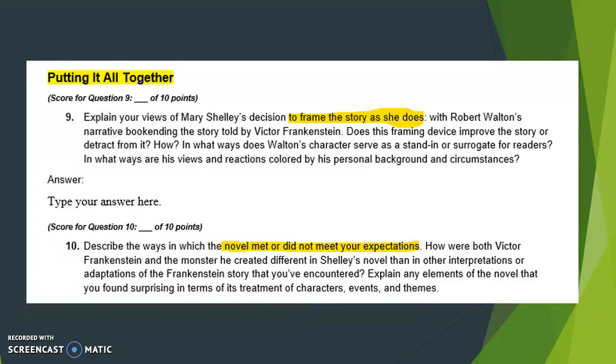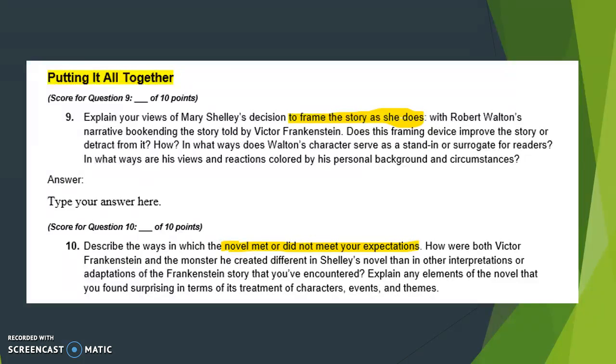So, number 9, explain your views of Mary Shelley's decision to frame the story as she does. That's a fancy way of saying how she structures the story. With Robert Walton's narrative book ending the story told by Victor Frankenstein, does this framing device or structure improve the story or detract from it? How? In what ways does Walton's character serve as a stand-in or surrogate for readers? In what ways are his views and reactions colored by his personal background and circumstances? So the first part, you're talking about the structure, how she wrote the novel, how she talks about Robert Walton